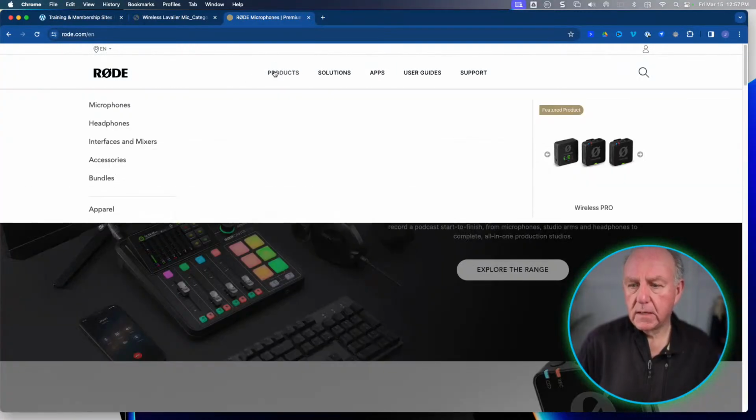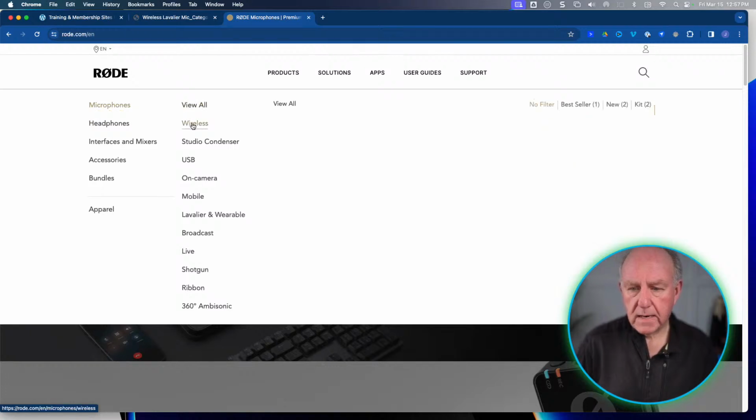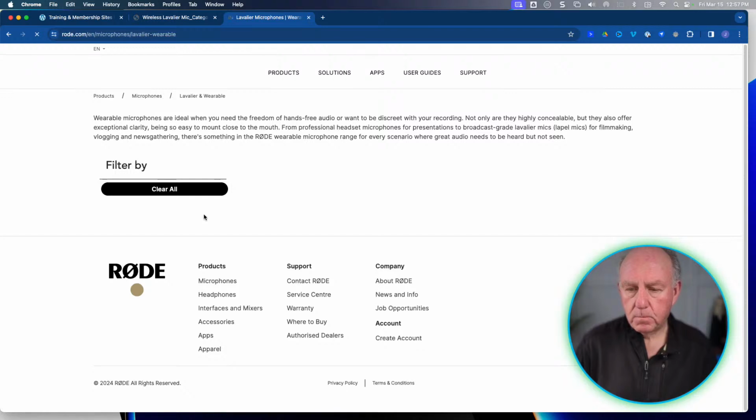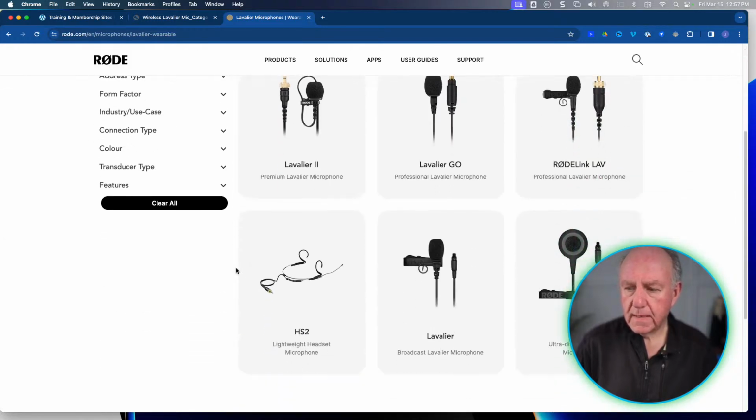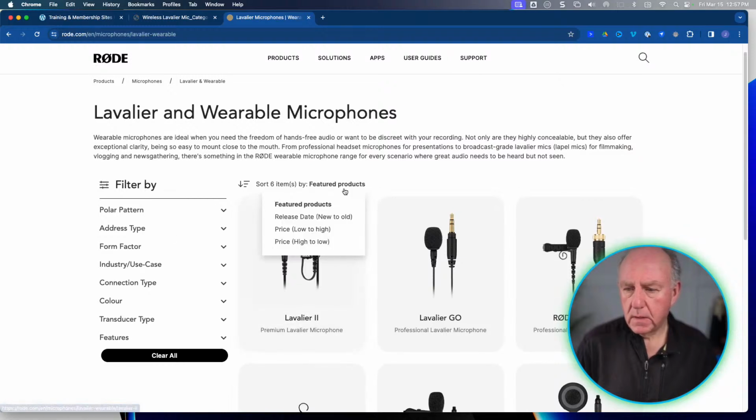The reason that I didn't get the other one, let me just go to the right place here. Sorry. Let's do microphones. Let's do wireless, lavalier, and wearable. There they are. Yeah, so there's some of the lavalier ones that are not wireless, but we're going to go and feature